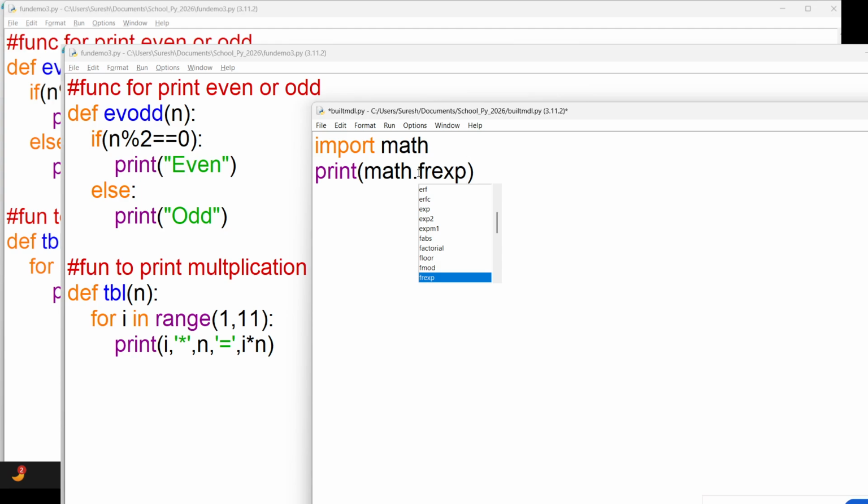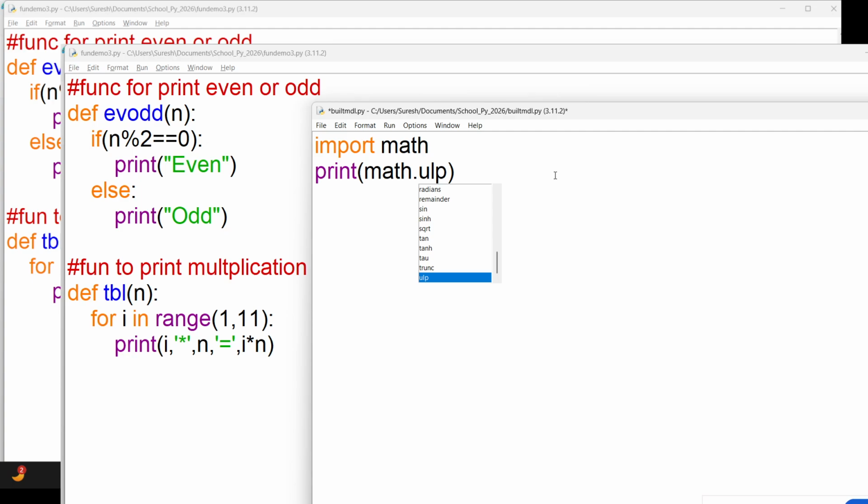So, from this, what you understand here? Yes. So they are built-in functions. That means in the system there is a file called math.py, and that file contains this many built-in functions. Got it?